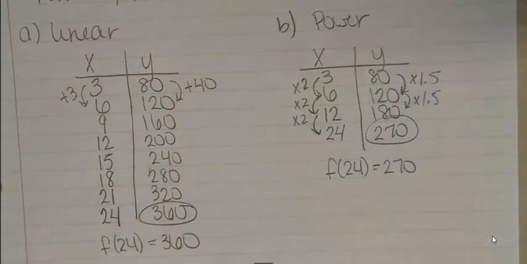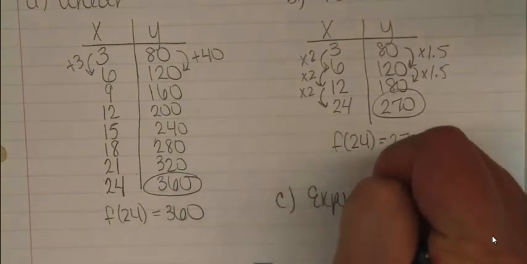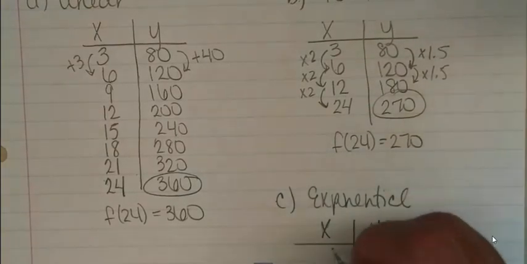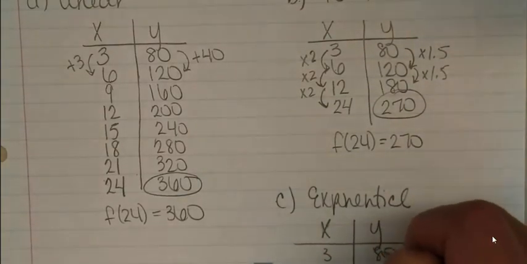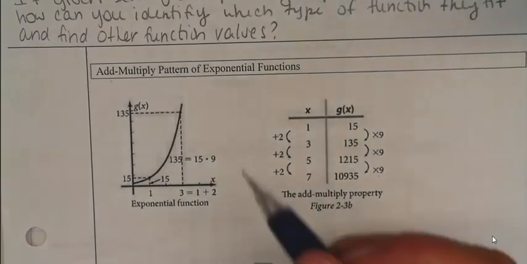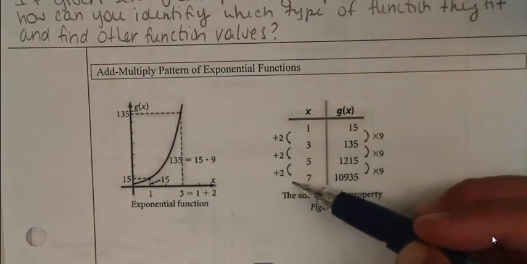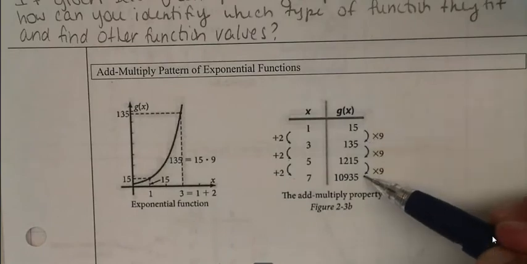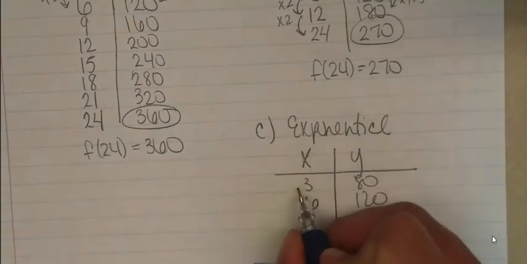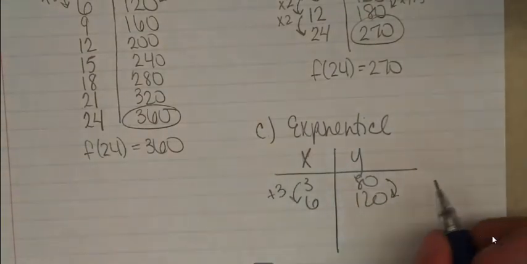Okay, and we're going to do one more. Let's do it right under here. And this is the exponential. So starting with the same exact table. Now for exponential, this is where you have the add, multiply pattern. So we add a constant to our inputs, yet we multiply some constant to our outputs. So let's see if we can figure out what that is. So I'm going to add 3 each time, and we already figured out that this was going to be multiplied